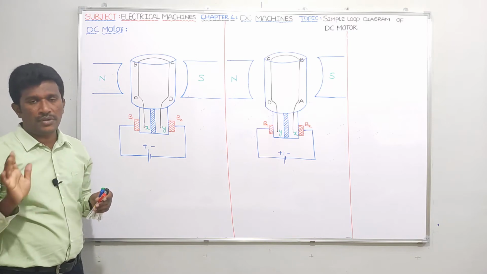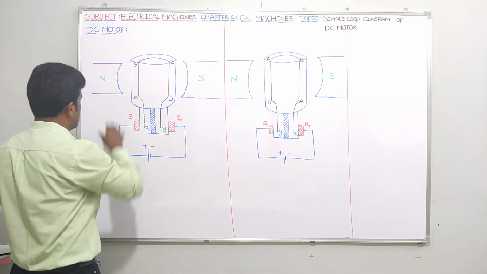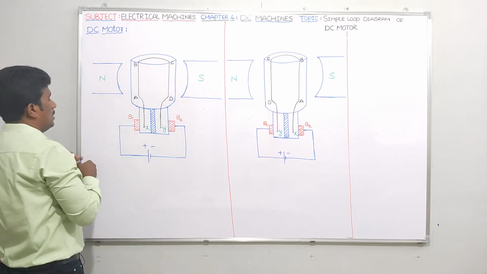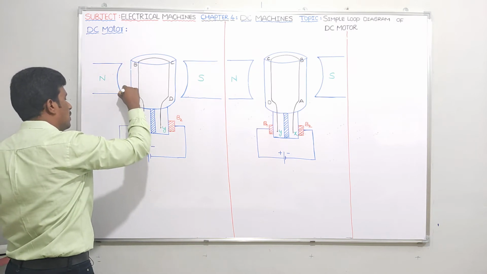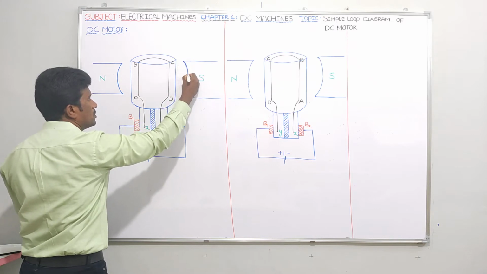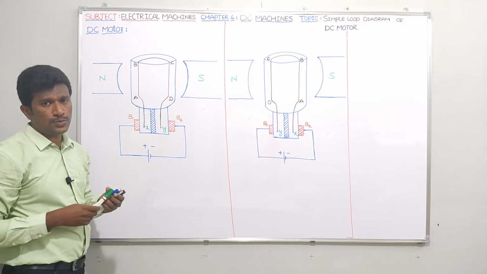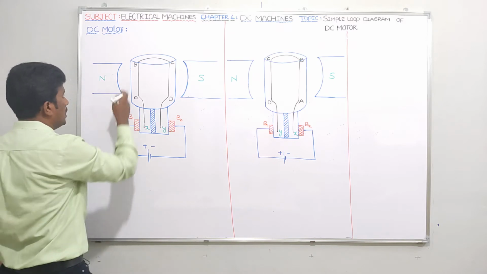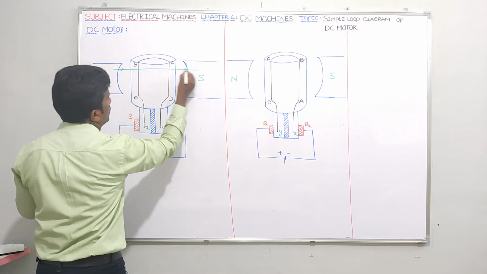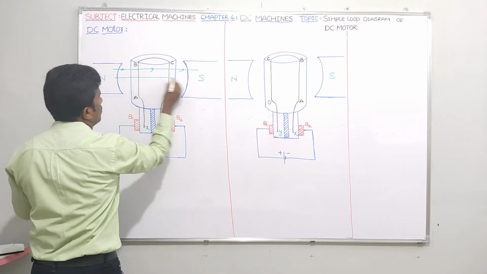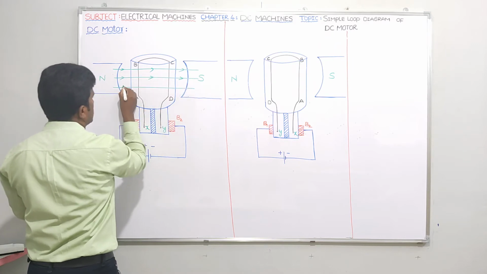So, flux lines are going from the north pole surface towards the south pole surface. You know this. I am taking this as the north pole and I have taken this one as the south pole. The north pole surface means this portion, and this portion is the south pole surface. As I told you, what is the property of flux lines? Always flux lines start from the north pole surface and reach the south pole surface. So it starts from the north pole surface, it reaches towards the south pole surface like this. And let me show some more flux lines. North pole surface started, it reaches the south pole surface like this.